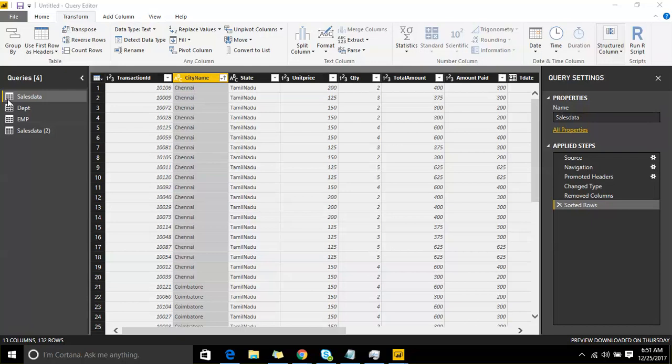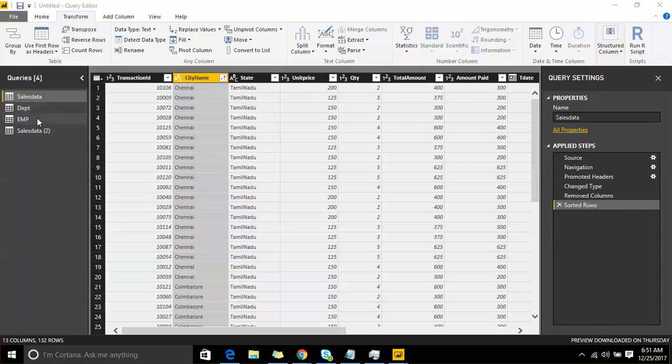As part of edit queries, whenever you are working with a weak framework, or whenever they don't have databases or SSAS cubes, those people will use this one. And even though you have those things, some people will load the data here. That is not a good framework. Whenever you load here, if they want to do some SQL operations, they can do it with the help of